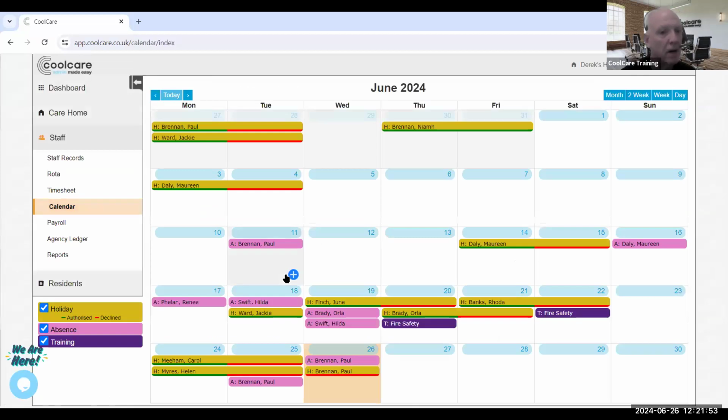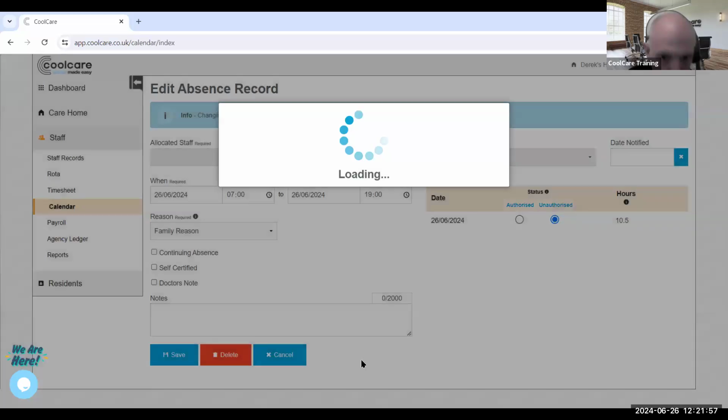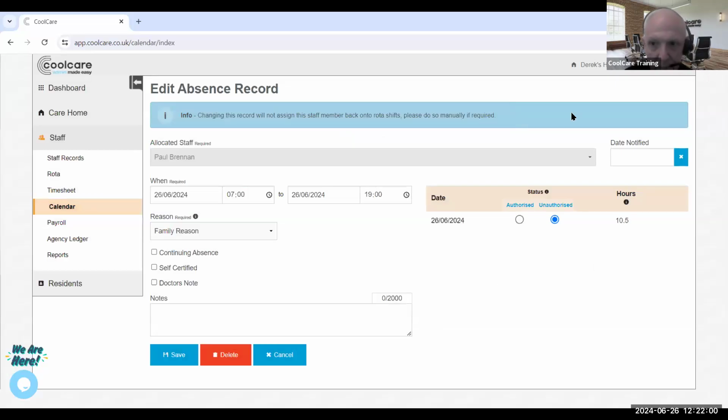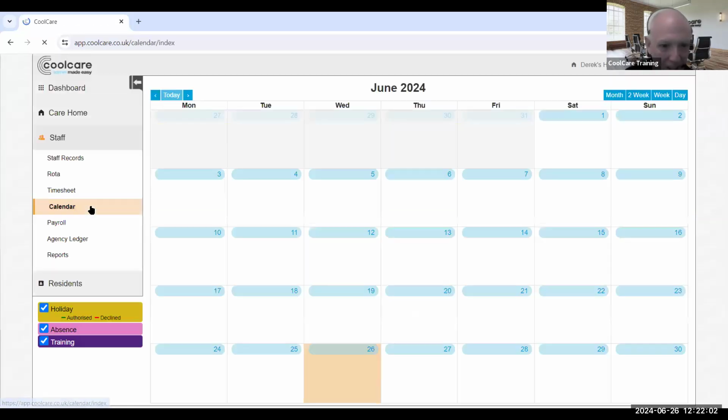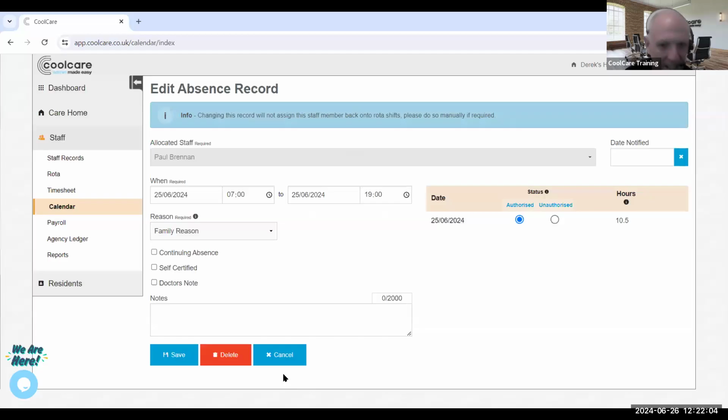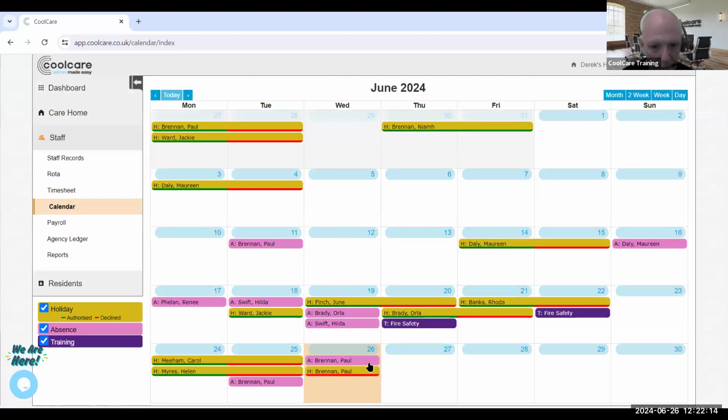If I have an absence that is authorized, it takes them off the rota, which you're normally used to seeing, and just disappears. If it is an unauthorized absence,